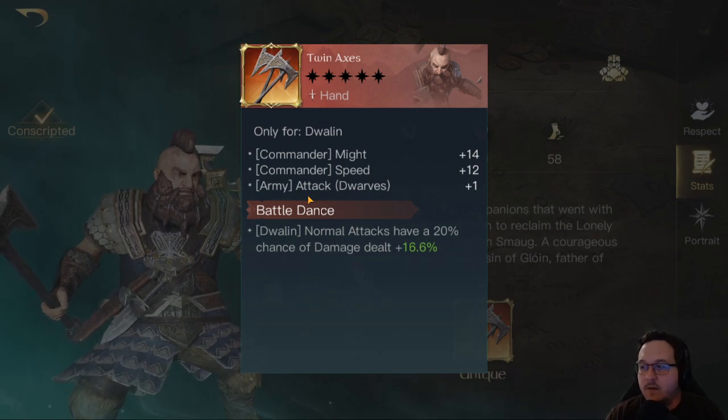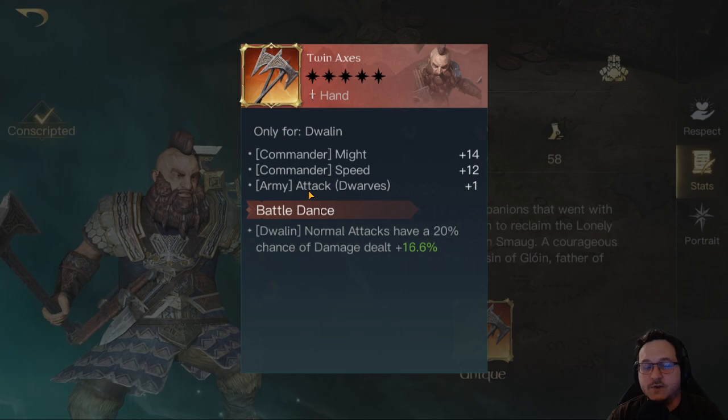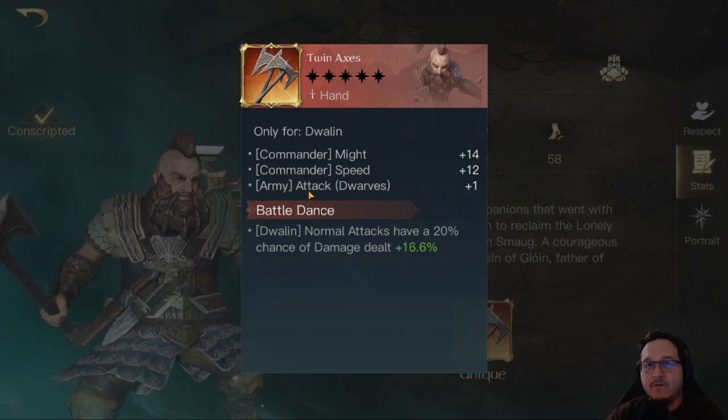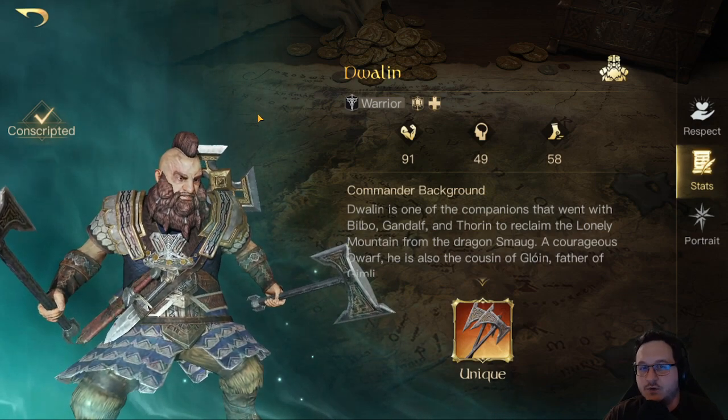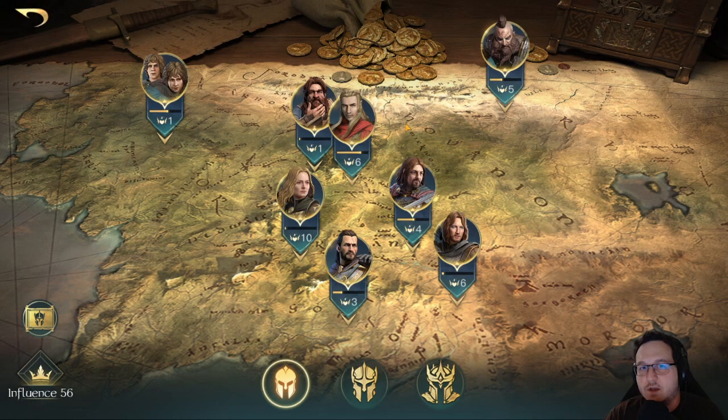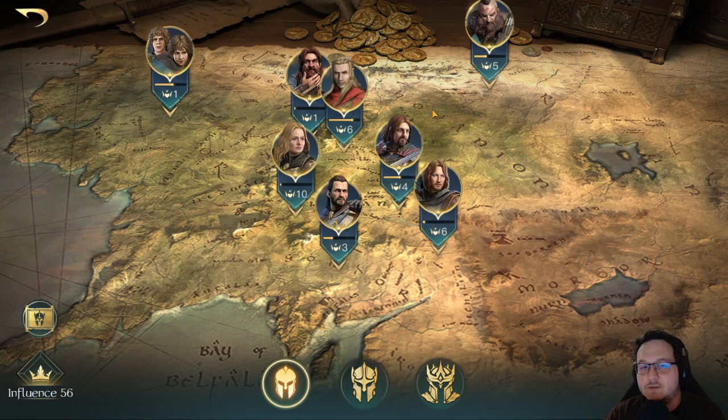I do want to point out, I should have mentioned this probably at the very beginning of the video, that these items, you cannot break them down. So if you invest in one of these unique items, as it currently stands right now, you can never get back the items that you've invested in them. It's not like any other gear where once you break it, you get worn out versions of those items back. In these cases, it is a permanent investment,